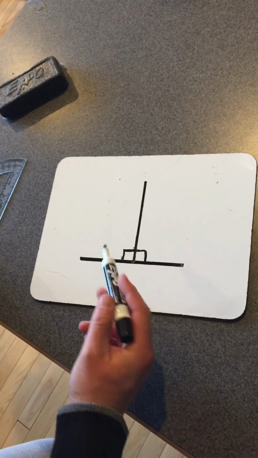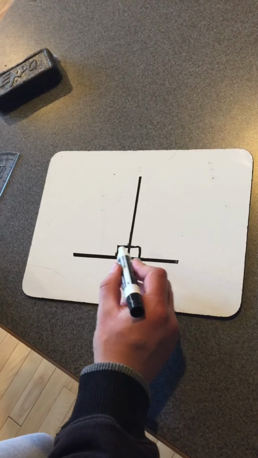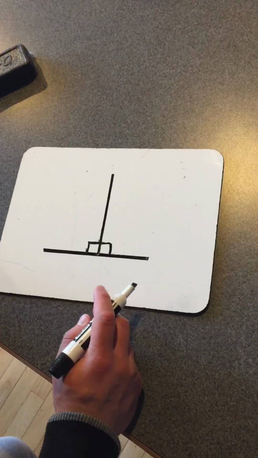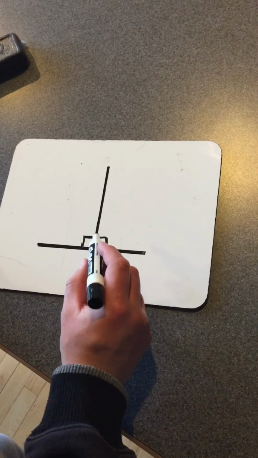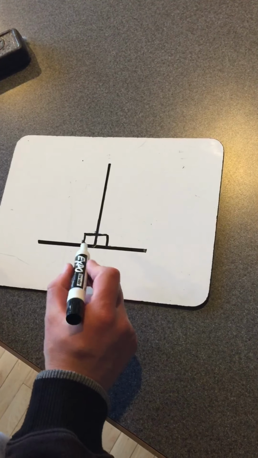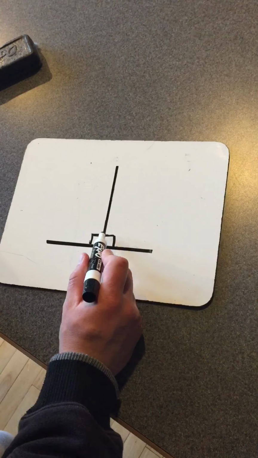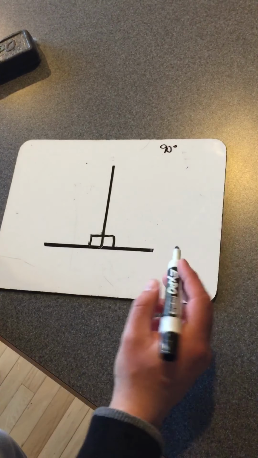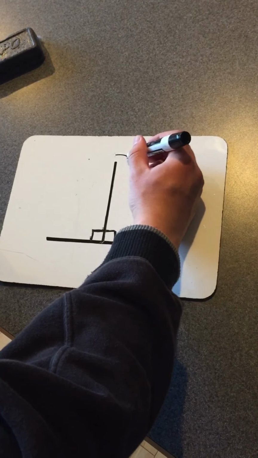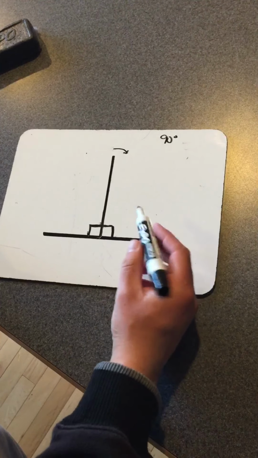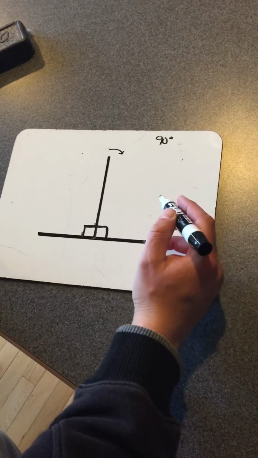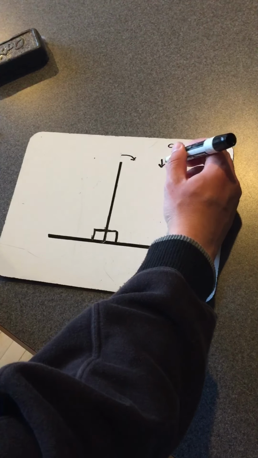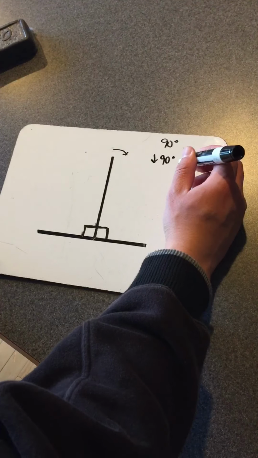Here I have two different right angles indicated by these two boxes in the bottom corners by the vertex. Right angles are always indicated by this box, saying it is exactly 90 degrees. If it's anything less than 90 degrees, it'd be a smaller angle, somewhere in this range, and we'd call that an acute angle. So anything less than 90 degrees would be acute,